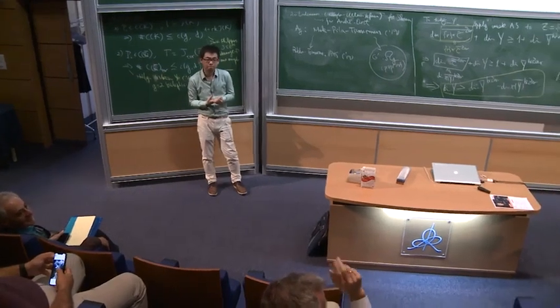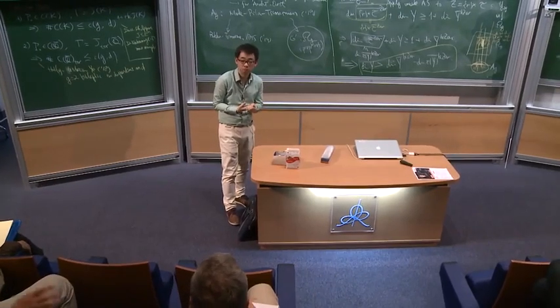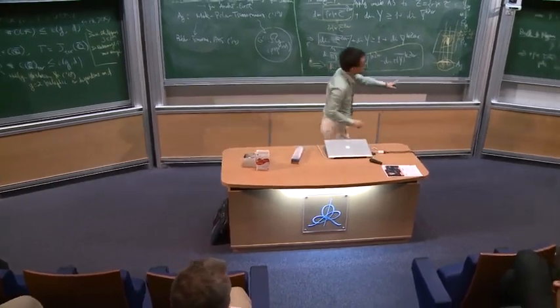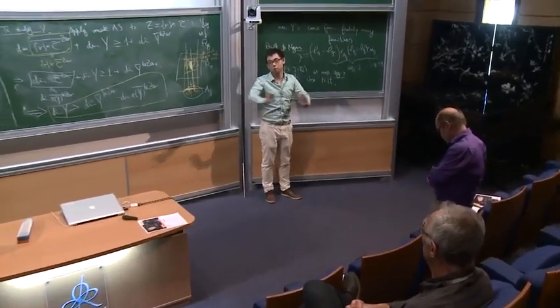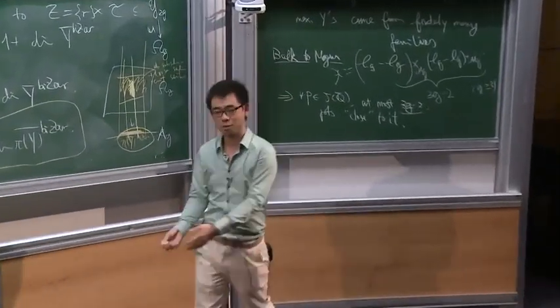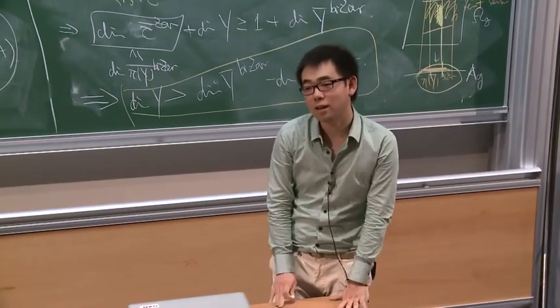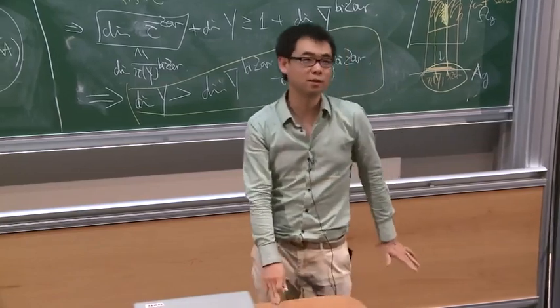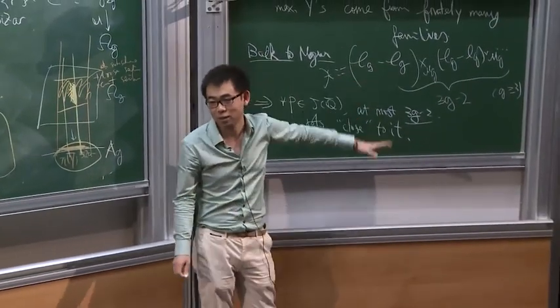Could you repeat why you have to rule out the case g equals 2? Oh, actually, it's just because when g equals 2, this will be the whole thing. So whatever fiber power you take, it will still be degenerate. But the way we solve this problem, actually, this is not the actual thing we take.